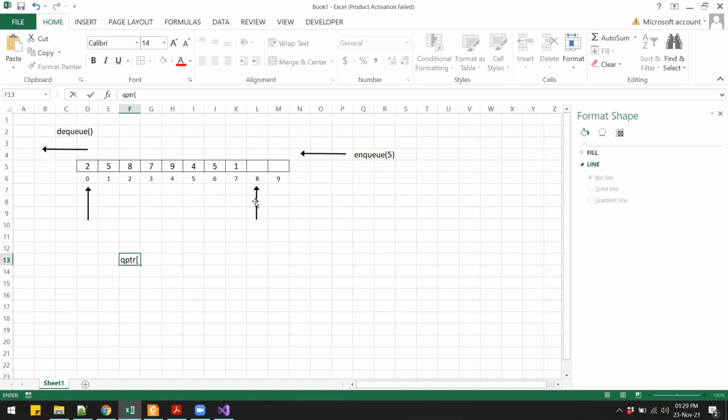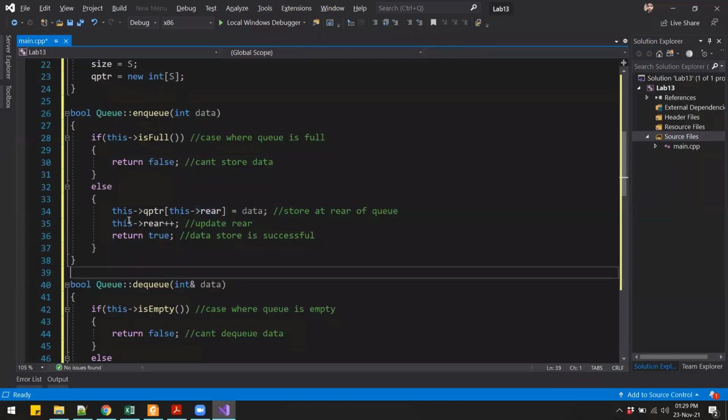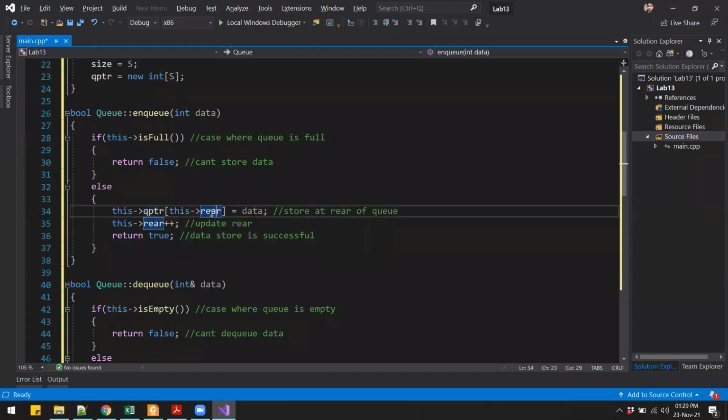It will go at index number 8, which is the value of rear. So q at index rear will be equal to our new data, right? Something like that. So it is saying qptr, which is our array, at index rear we put the data.